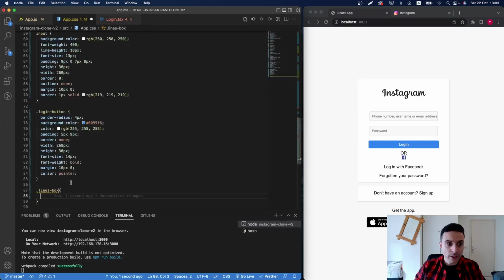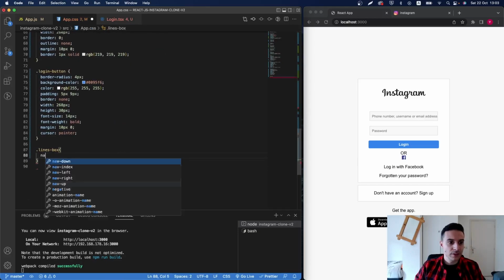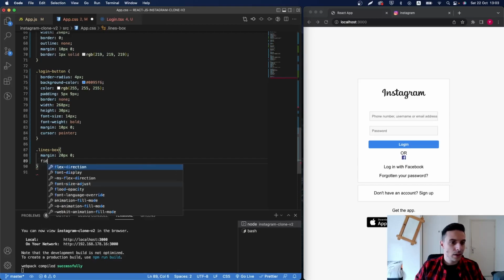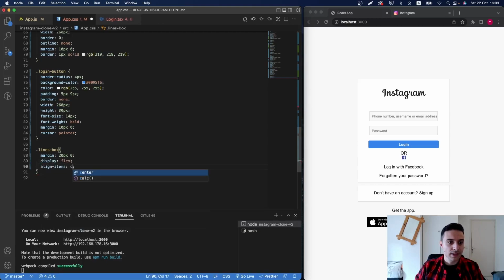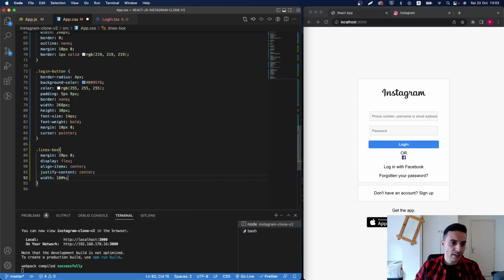Okay, this one will be with margin, so I'm gonna give this margin of 20 pixels top and bottom, a display of flex, align items to the center, justify content to the center, a width of 100%, okay, a height of 30 pixels. I'll give this a height, and now